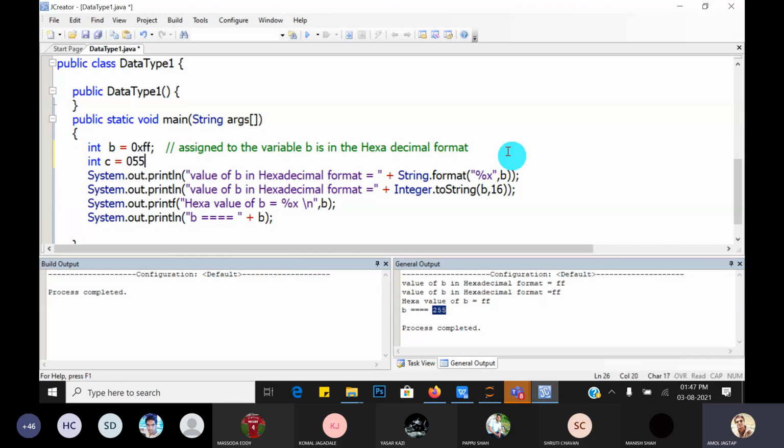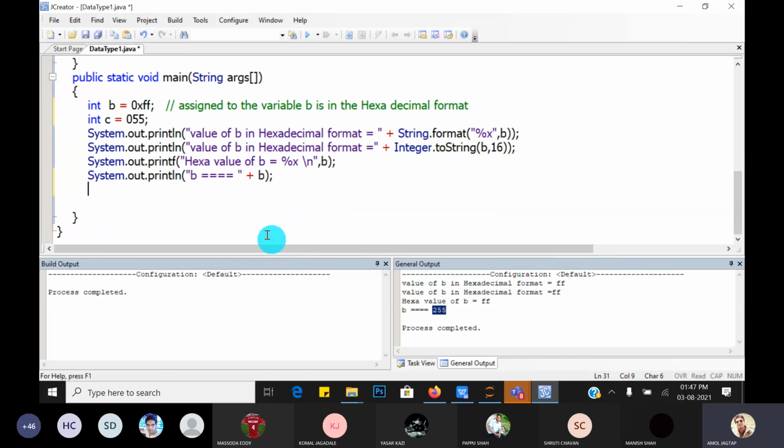Suppose 5, that is 055. Now we want to print 55. If you write just "c is equal to" plus c, then it gives you its decimal value. And if you want to print it in octal itself, how can we write it? There are different ways using the toString method.